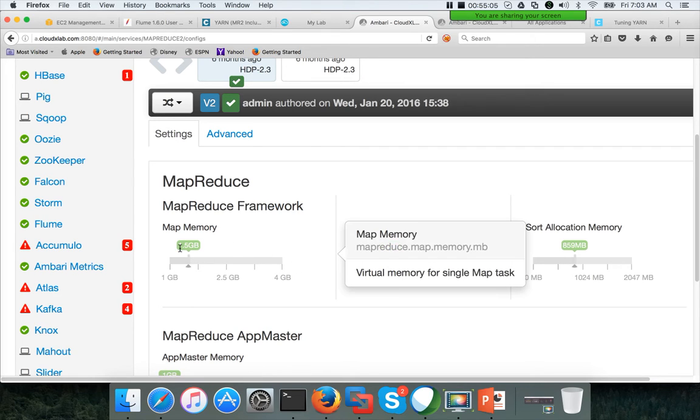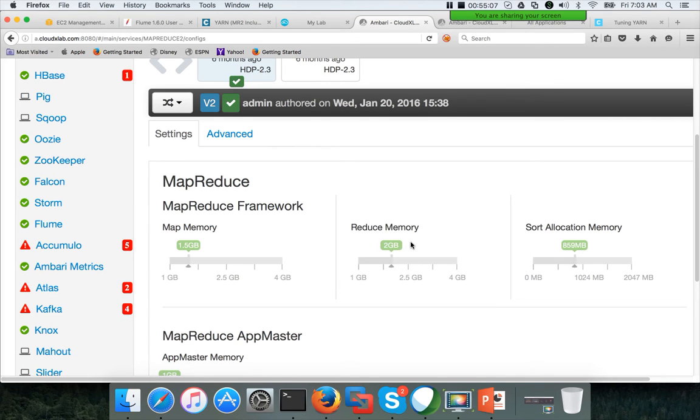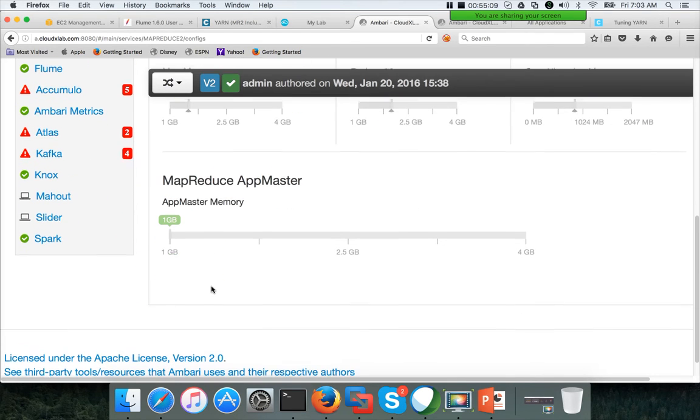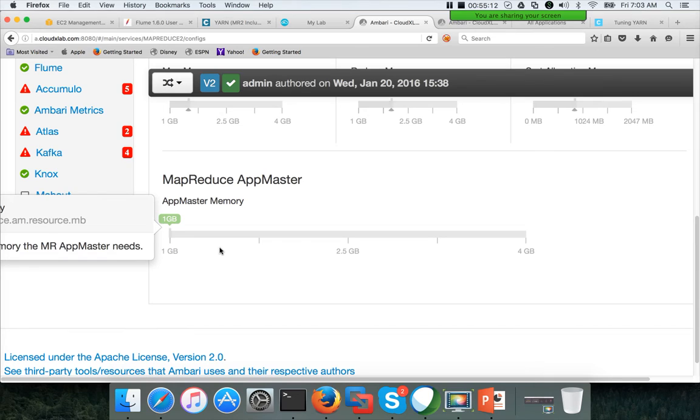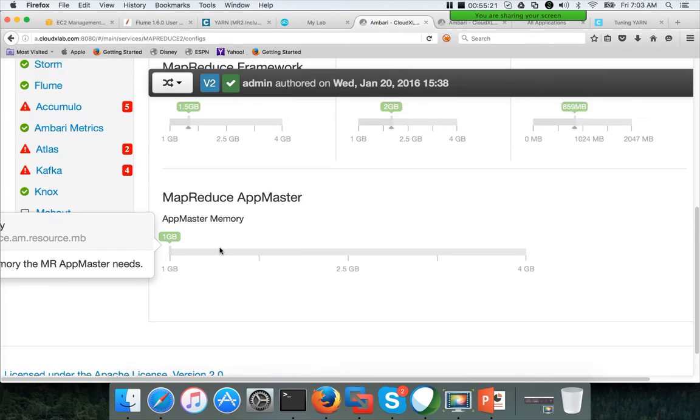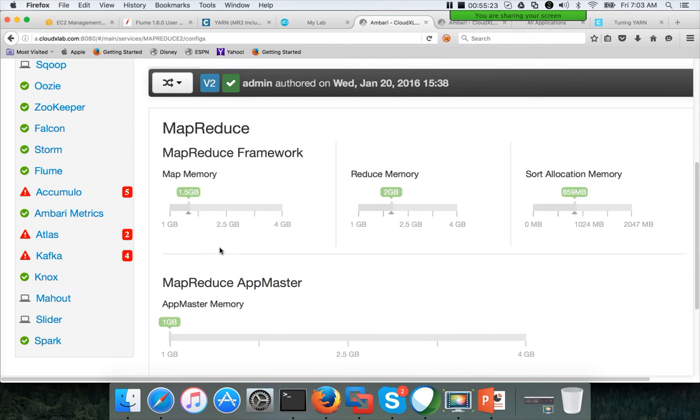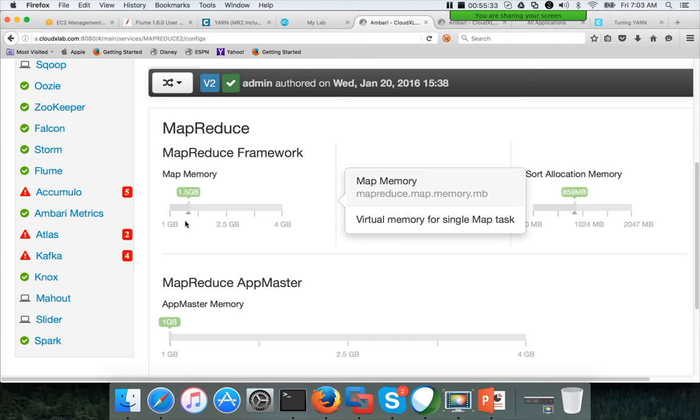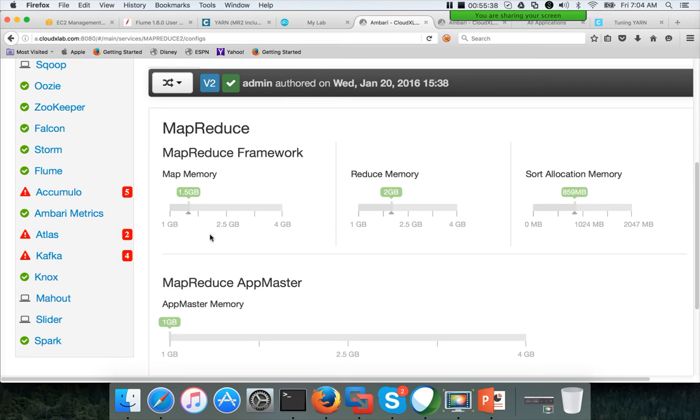We can only give between 1 GB and 4 GB for map memory and reduce memory, and also for application master. Application master also will be executed as a container only from the YARN context. In YARN context, everything is a container. Depending upon the framework that is deployed, the terms will be different. In this case, when it comes to MapReduce, we see mapper, reducer, and app master. So these are the ones which will be executed in the container. All the things have to be defined within the 1 to 4 GB range. That's why you can see that the window here is 1 to 4 GB, and this range is inherited from